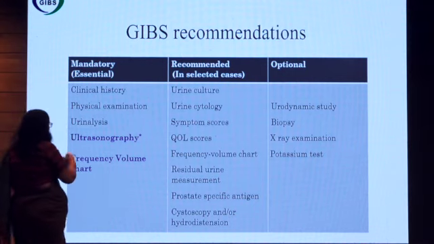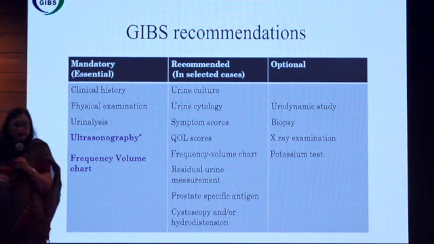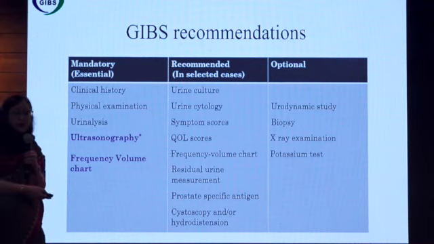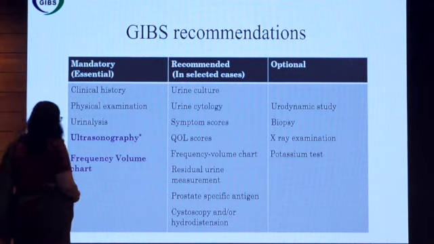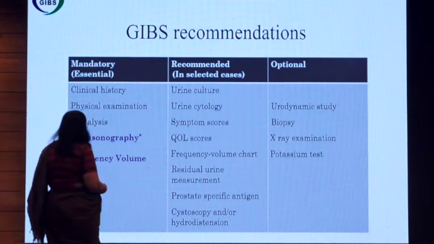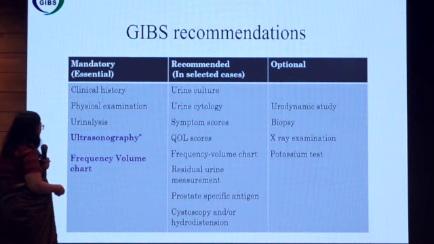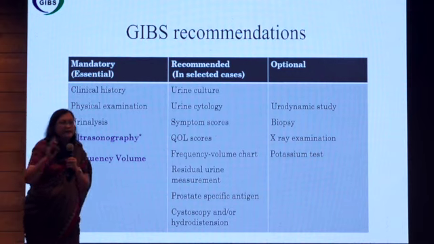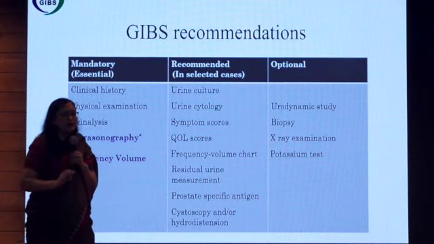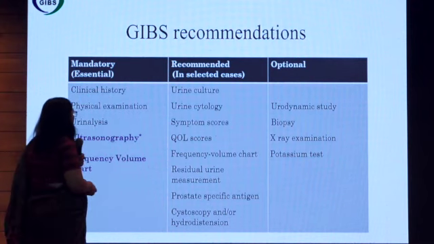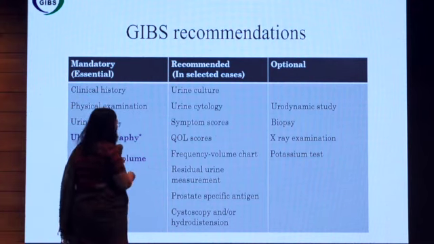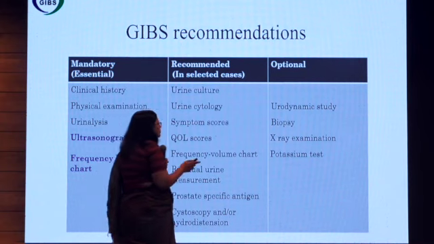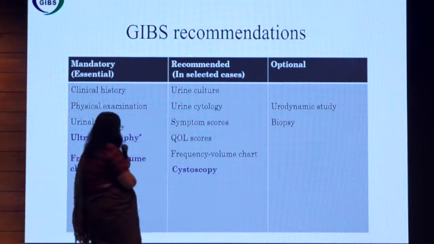Depending on the other things, you can go for the recommended tests. Like if there is microscopic hematuria on urine routine microscopy, then probably go for cytology. You can even go for urine culture to rule out infection and other things which are written depending on the findings. And optionals are these things. Urodynamic study is not required unless there is an associated disorder like overactive bladder along with interstitial cystitis. Biopsy is not required for the diagnosis. It is only required to rule out other things like tubercular cystitis, which is pretty common in India. So that's why we have changed the things.